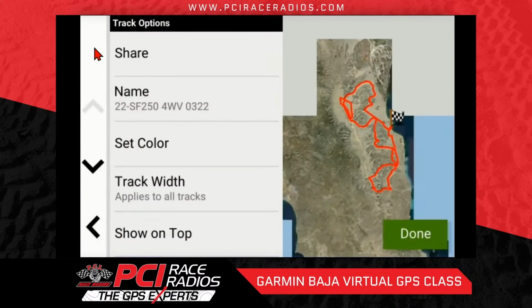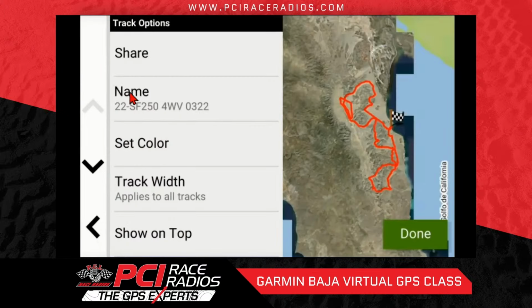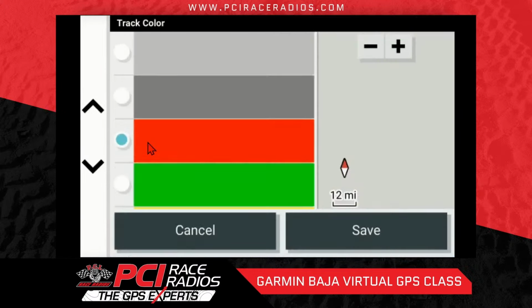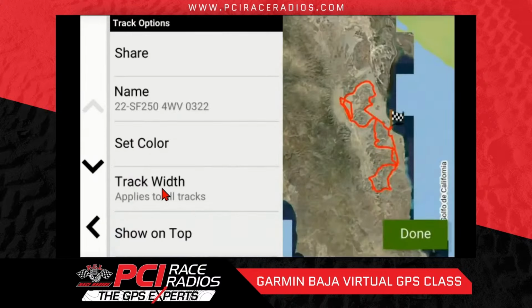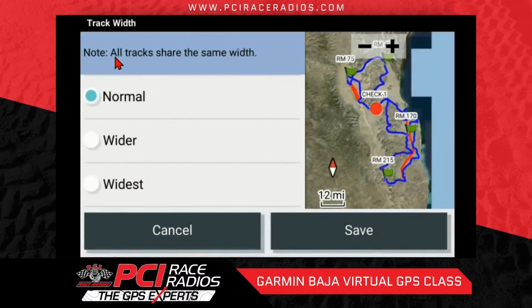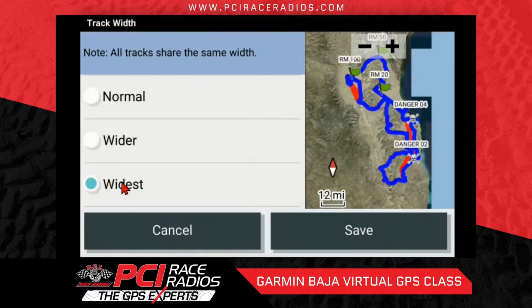In the tools here, you'll find where you can rename the track, where you can set the track color. And you can also set the track width. Now keep in mind this applies to all of the tracks, not just the specific one that you're looking at, but there's normal, wider, and widest. So this will bring it up much more boldly on the screen so that it's a little bit easier to